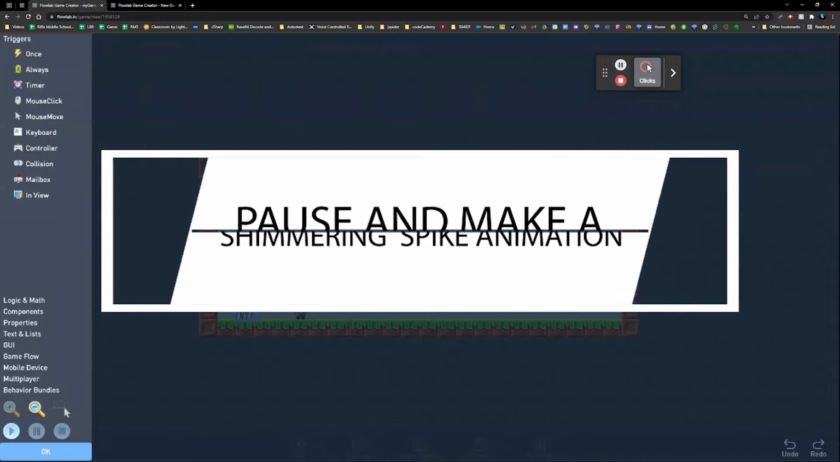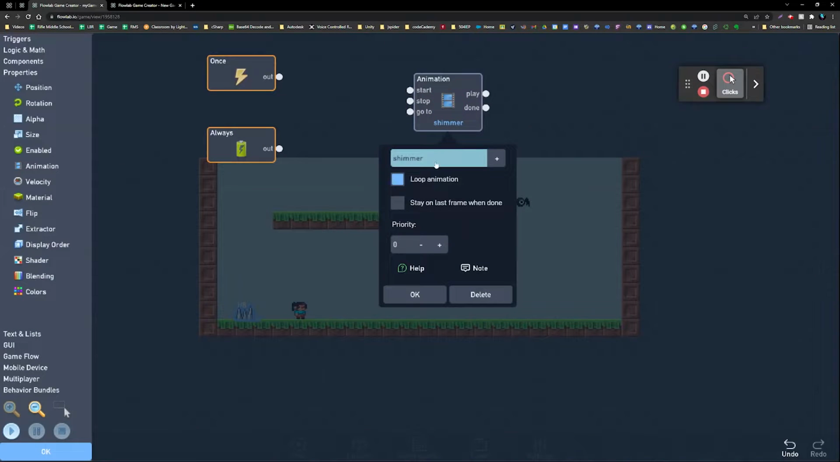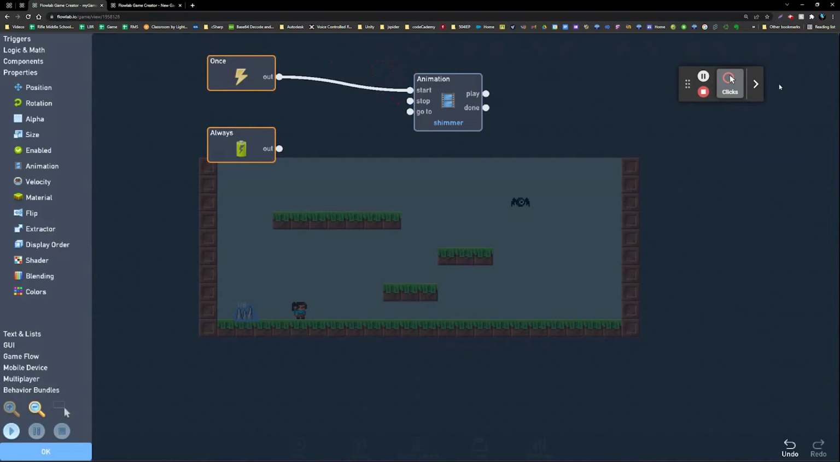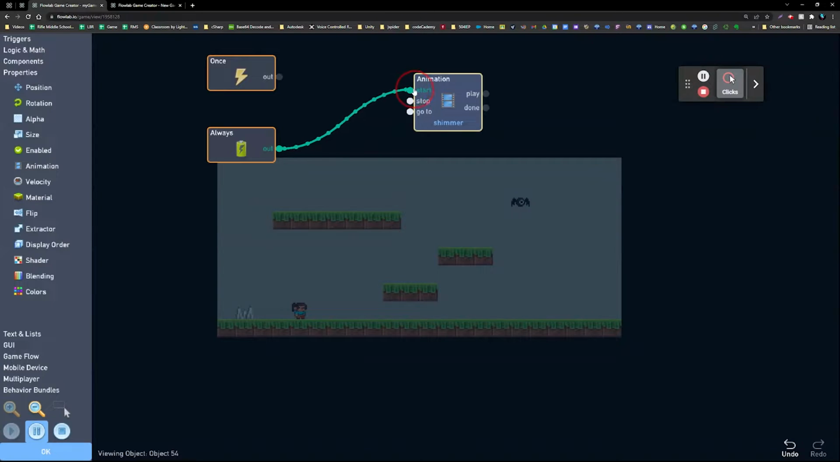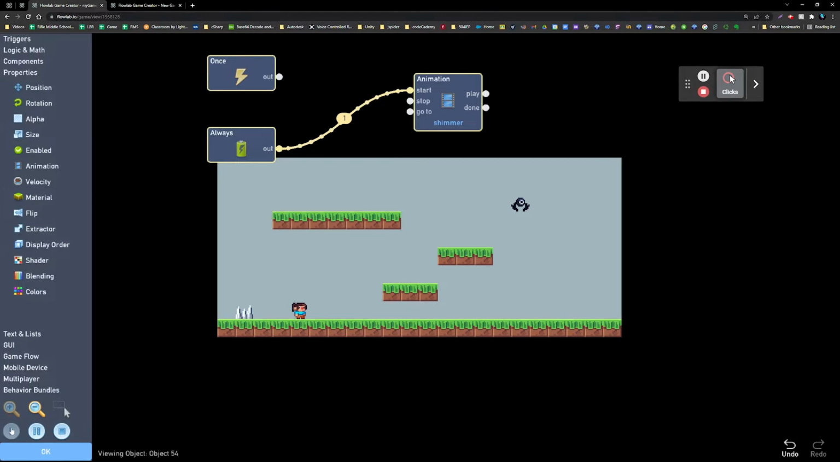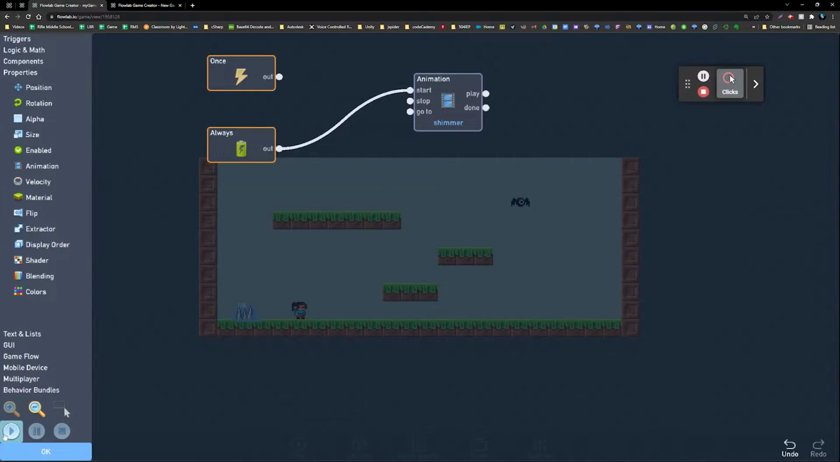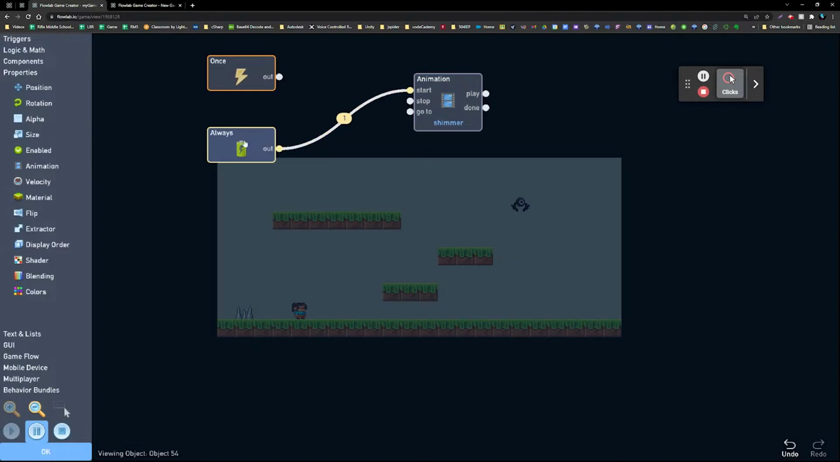So let's go into behaviors. We have our once block. We have our always block. But neither of these are going to loop it properly. Let's go to the animation real quick. If I loop this, watch what happens. It just keeps doing this. If I hit always, guess what happens? The same thing. If I don't loop it, guess what happens? The same thing. It's just going again and again and again. So what you want to do for this one,